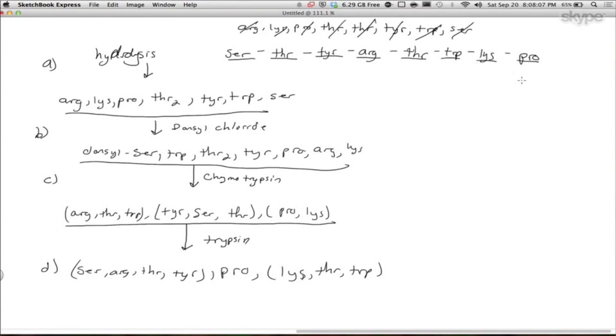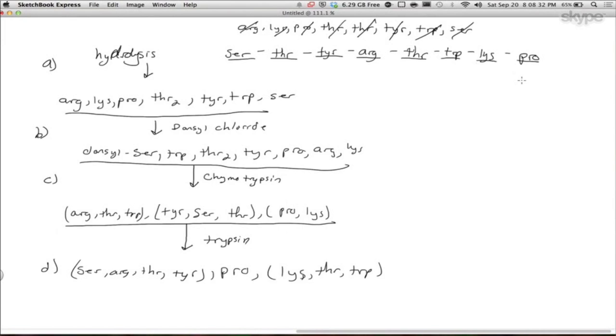And then the key thing when you use the trypsin is that you try to see how the trypsin results overlap with the chymotrypsin. So you knew that proline had to be the last because proline didn't have arginine or lysine in it after the trypsin. And then you just had to ask how those two remaining fragments overlapped with the work that you already had. So for example, clearly,